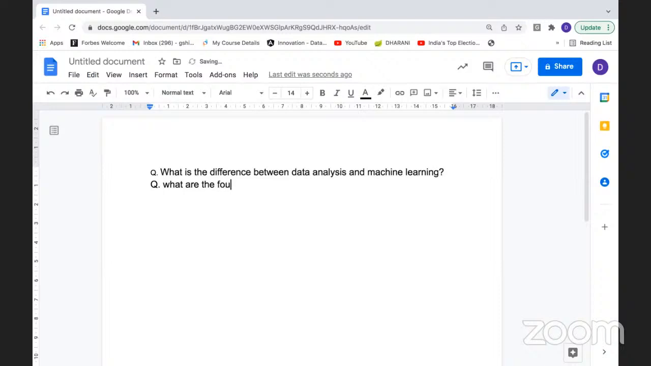what are the four main things we should know before studying data analysis? What are the things we should learn before we start doing data analysis? So the first one should be